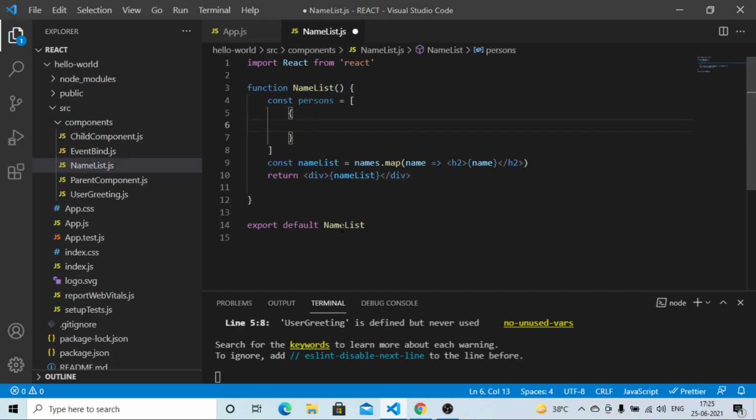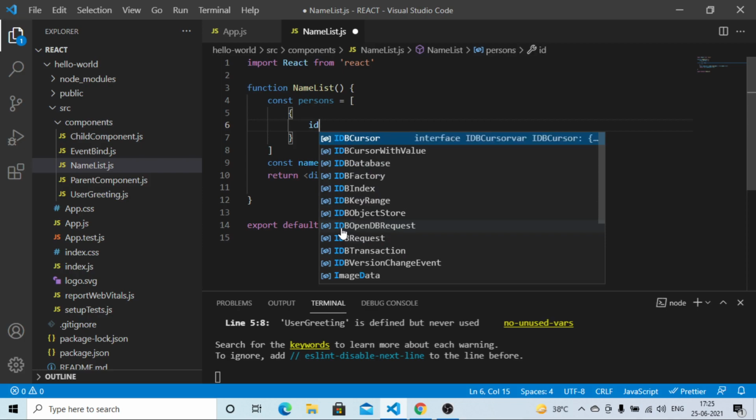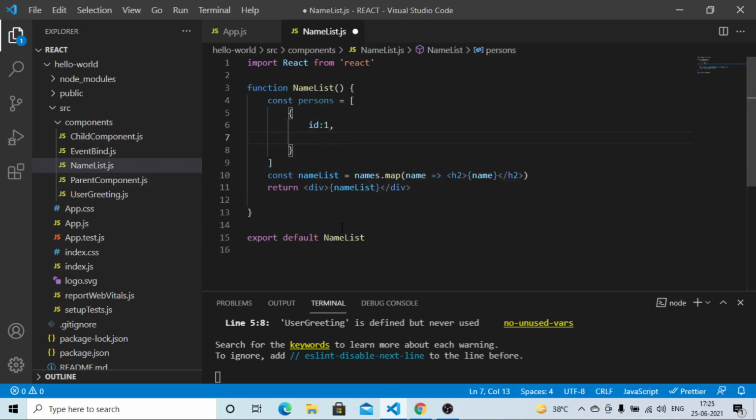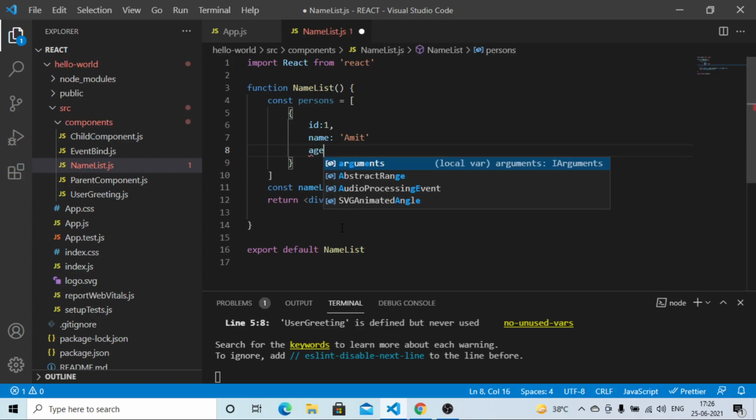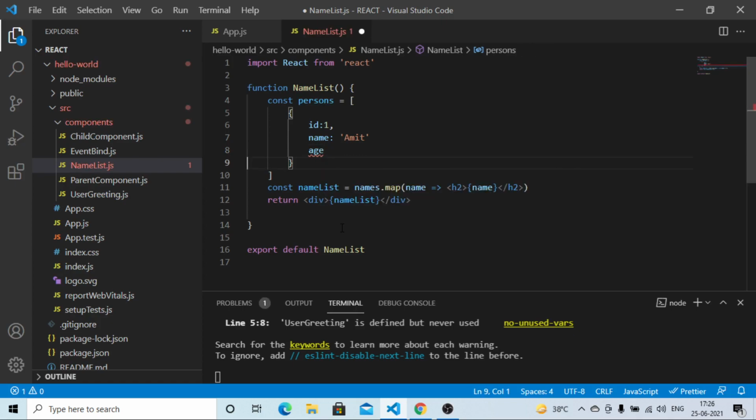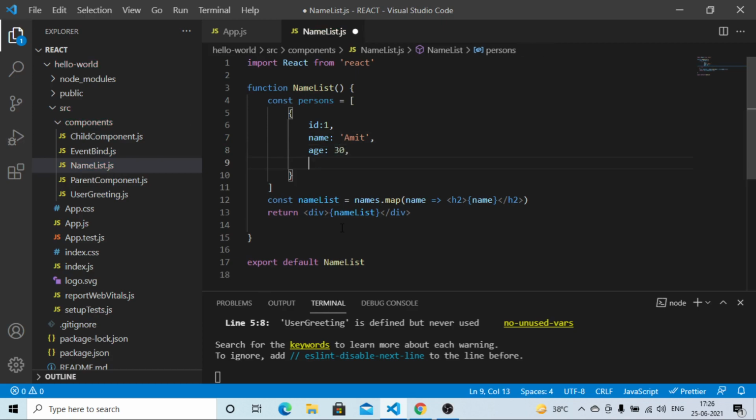We'll have an ID, and we'll have a name, like Amit, and then we'll have an age, for example 30, as well as a skill property.